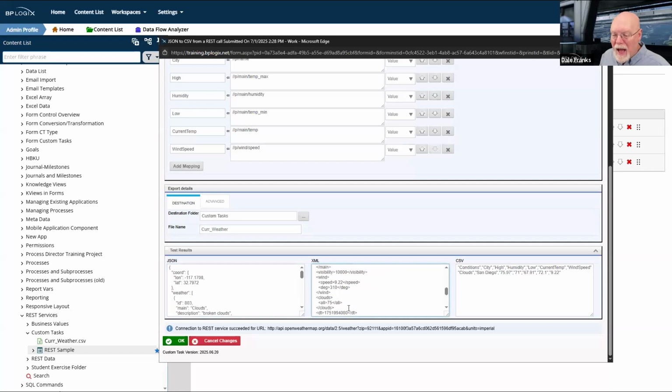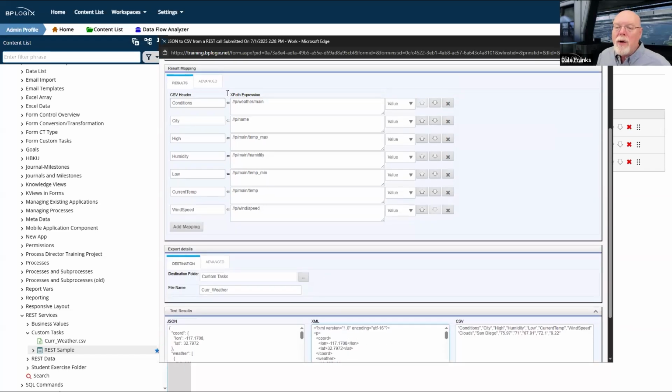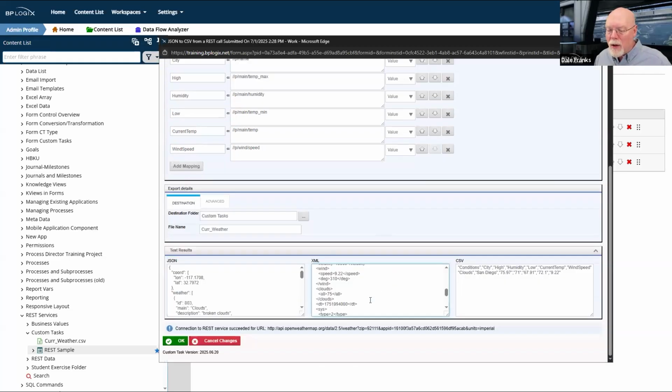Now that you have this XML, you can begin to click the Add Mapping button and add the columns that you want to add to the CSV file. So as you see, I have 7 columns here that contain the current conditions, and using the XML that's down here in the XML text box, you'll use XPath to specify where your data is. Now, as part of the conversion, we add this extra P tag in here. I'm not sure why. I think it's just an artifact of the conversion method we use.